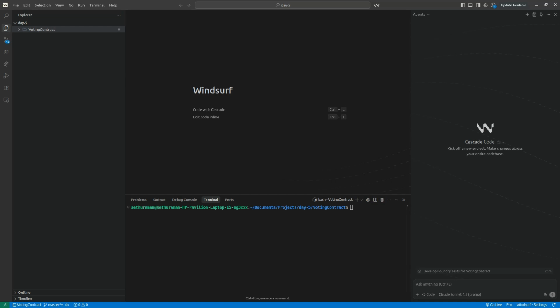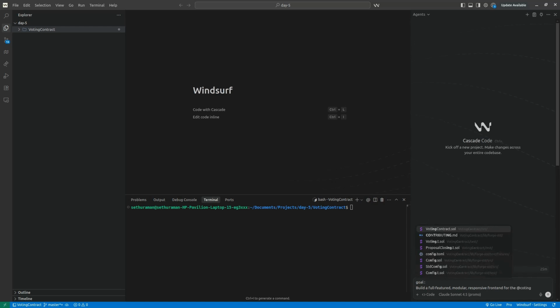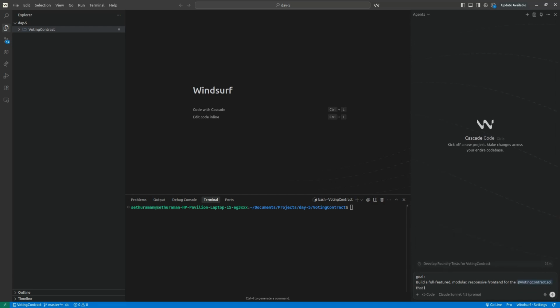So what we're going to do is set the goal: build a full-featured, modular, responsive frontend for the voting contract that is deployed to the Base Sepolia testnet